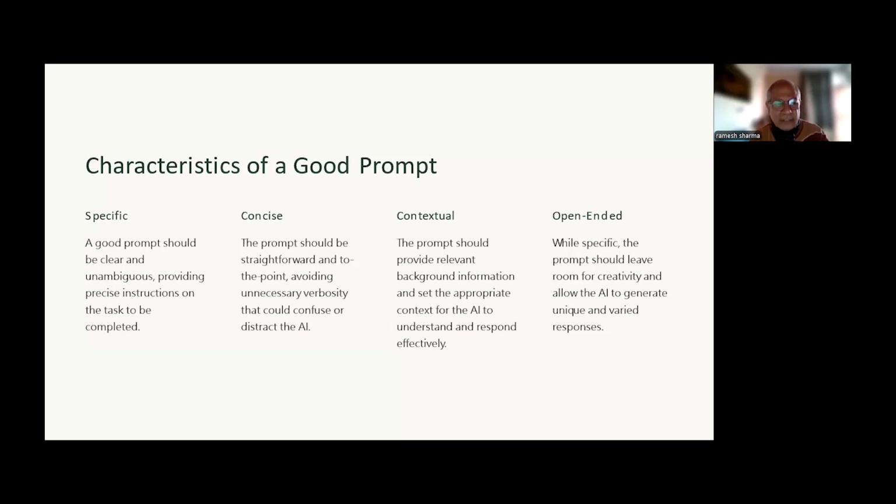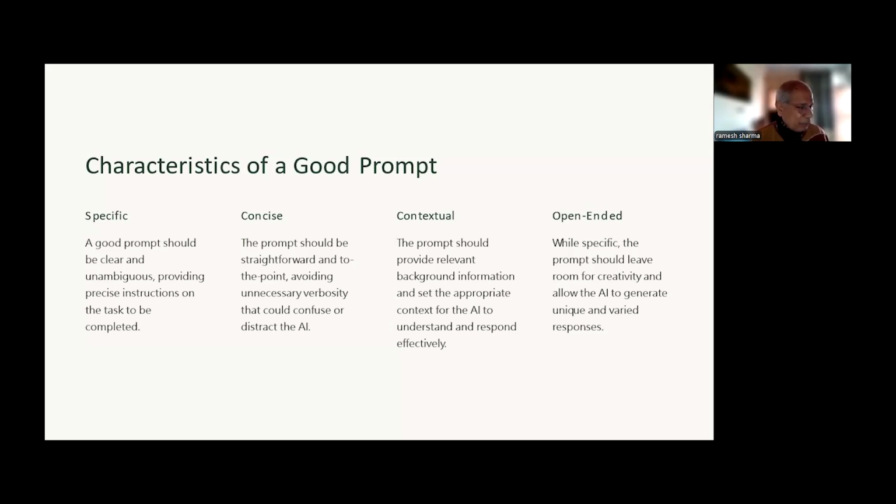But technically, there is no need to write please into the sentence. It doesn't matter, because it doesn't have feelings. But some people say that these are AI systems which learn our behavior. So to keep it polite, we write, please do this, please do that, something like that. But unnecessary verbosity can be avoided.